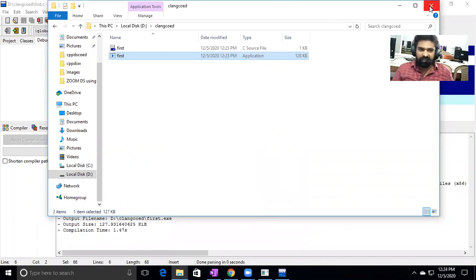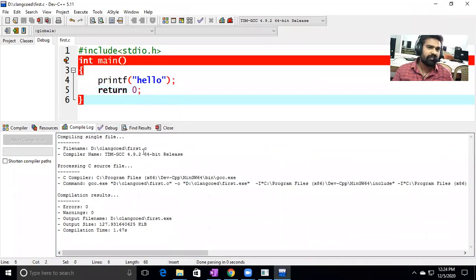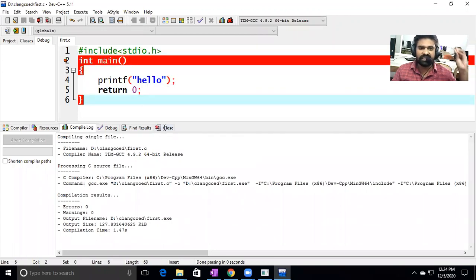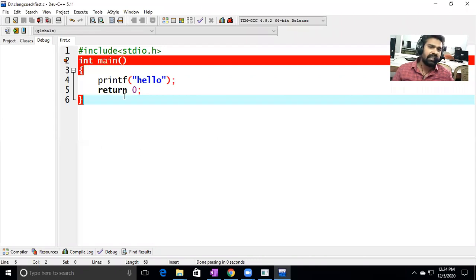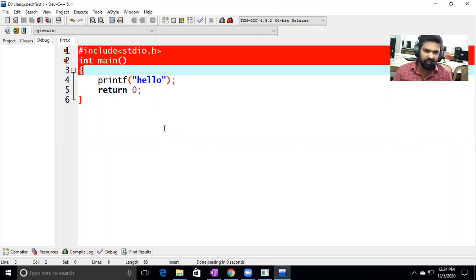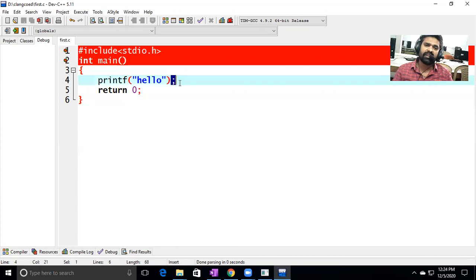So in C language, every statement ends with a semicolon. All these things I will discuss again in the next session. Just try to understand what output it is giving. In the next session I start with this program only, because there is less time. Only 2 minutes are left. I need to talk more about this program. What is this hash include? What is stdio.h? What is happening here? I have to talk about everything. So in the next session I talk about this one only. Every statement ends with a semicolon. Here we have to write the semicolon.